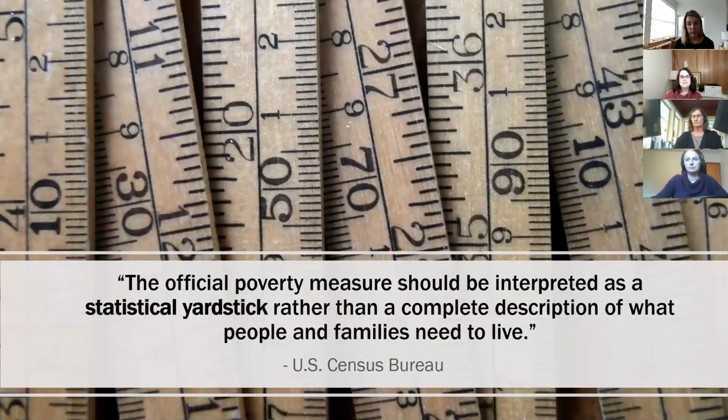The poverty measure is now just a statistical yardstick, with even many federal programs using multiples of it for program eligibility. For example, in Washington, households are eligible for Basic Food with gross incomes up to 200% of the poverty guidelines. Once families go over that income limit, they lose their food benefits, along with any employment and training they may have been participating in.